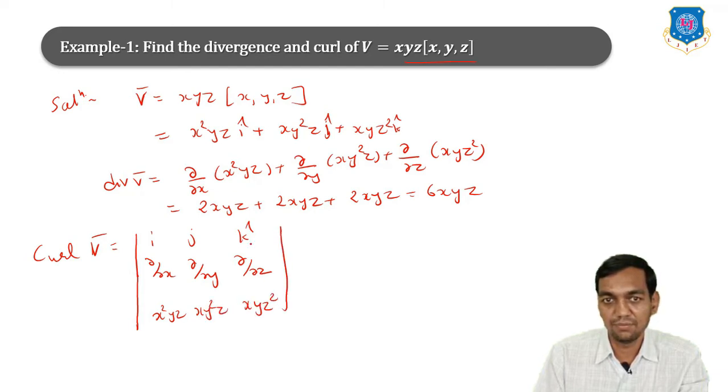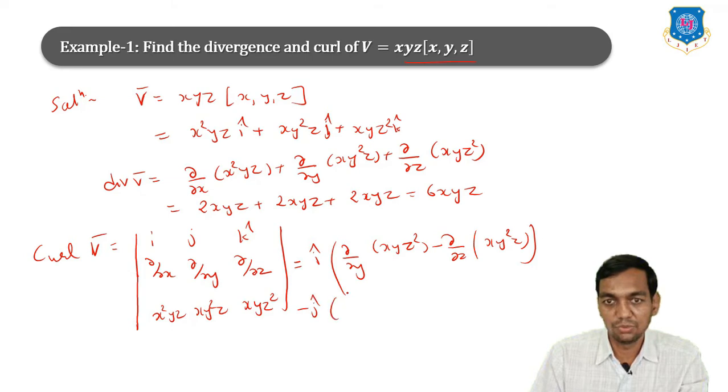This is f1, f2 and f3, the i, j and k components. Now i into derivative of this with respect to y, del by del y of x y z square, minus del by del z of x y square z,